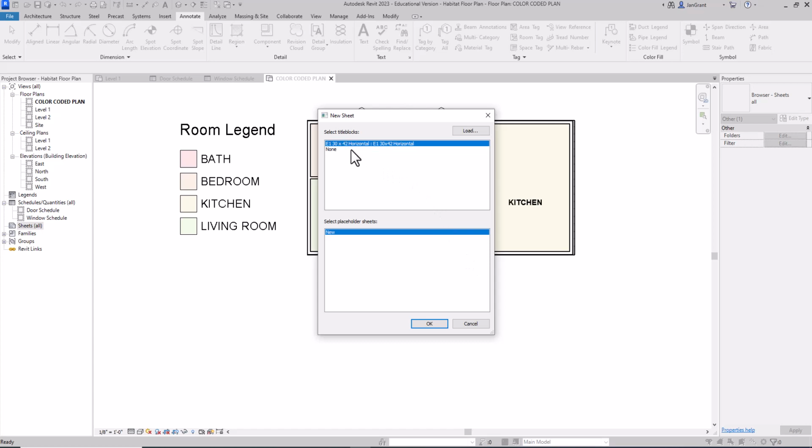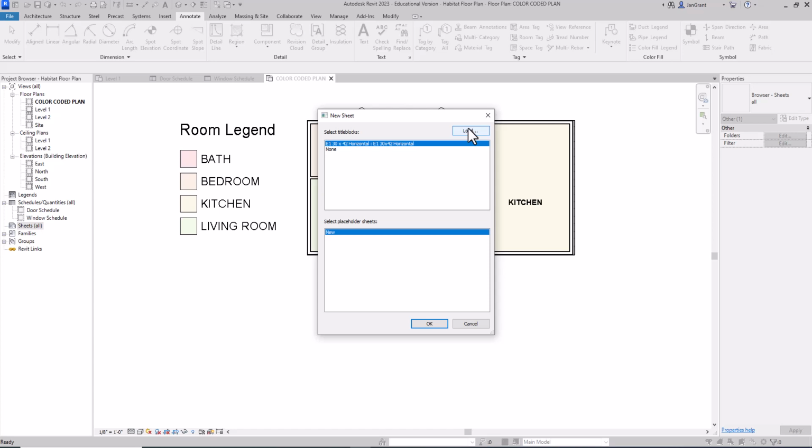I don't think they're going to ask you to get that one. They're going to probably ask you to use a 24 by 36. It really depends on what the scope of the project is and what they want you to put on the sheet. So you might be able to use this one, but I would customize your own. In fact, they want you to have a sheet that only has a border and your number at the bottom